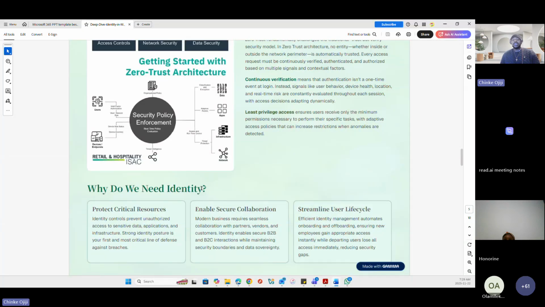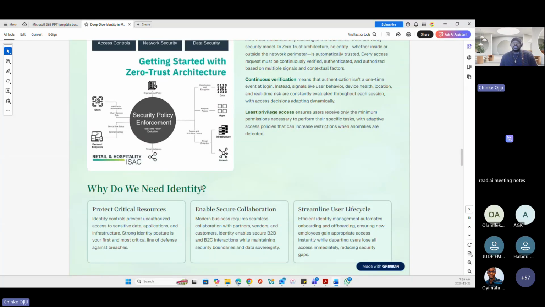Now, guests or external users gain access through B2B scenarios. And from an organizational perspective, identity gives you control over the life cycle: how you can onboard users, offboard leavers, and manage permissions over time. Without identity, the doors to your organization are basically wide open. It's unmanaged. Anyone can get in. It's not supposed to be that way.